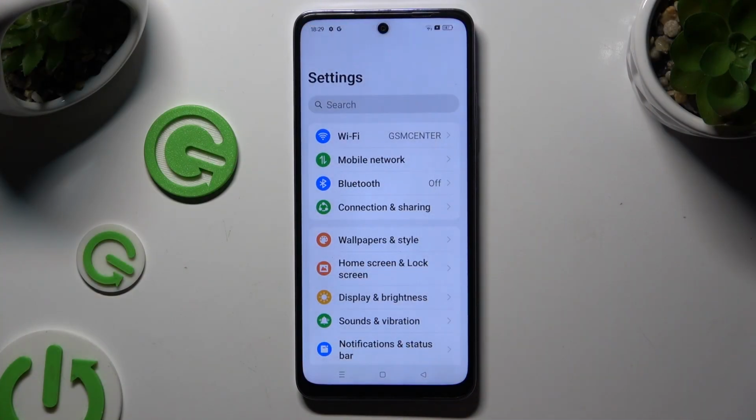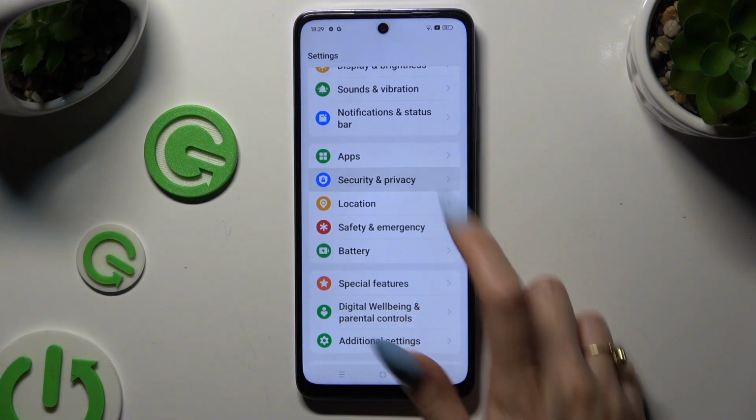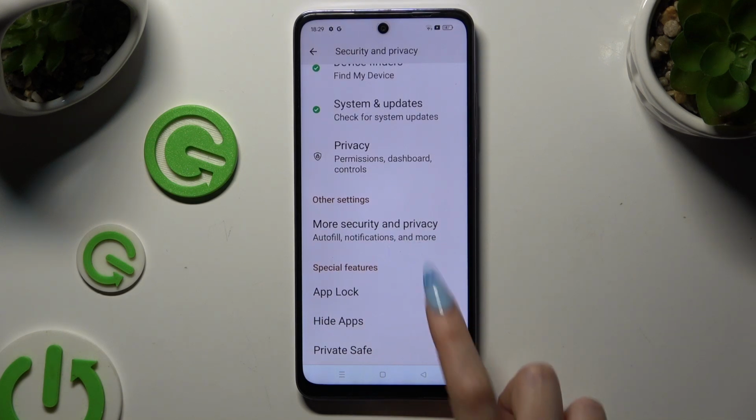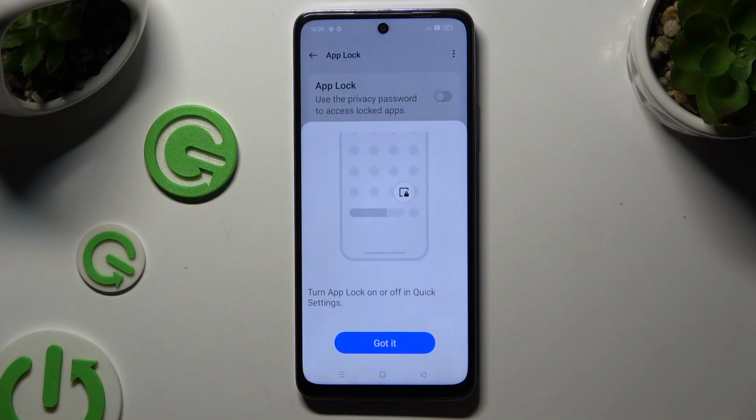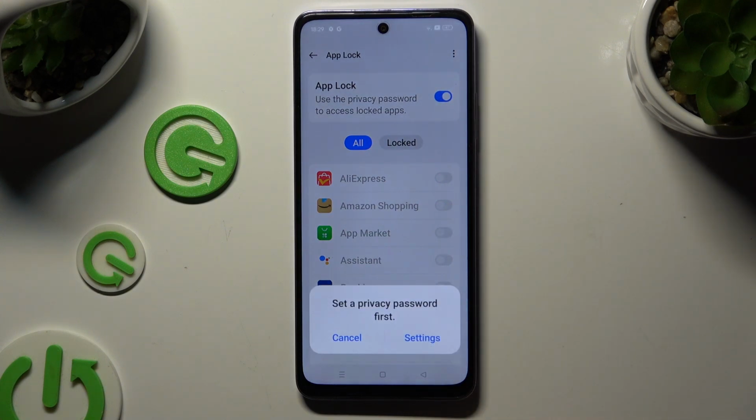Begin by opening settings and scrolling down to access security and privacy. Then scroll down again and tap on app lock. Click on Got it. Tap on gray switcher next to app lock, and if you don't have privacy password, you